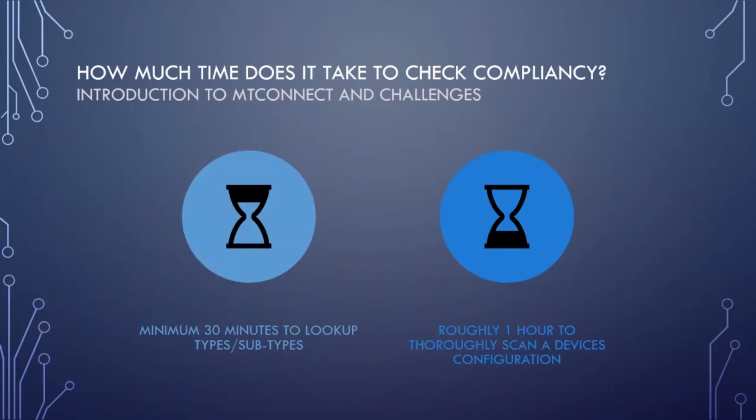Ultimately, this process that we developed took a minimum of 30 minutes every single time we tried to connect a new piece of equipment, which, if you're receiving orders of upwards of 20 machines, means you're taking up a couple days' worth of time just to validate these configurations. If we really wanted to do a thorough scan of the document, check additional items such as units and verify the IDs of all the data items, making sure that you don't have corrupt data in the future, it took closer to an hour per device.